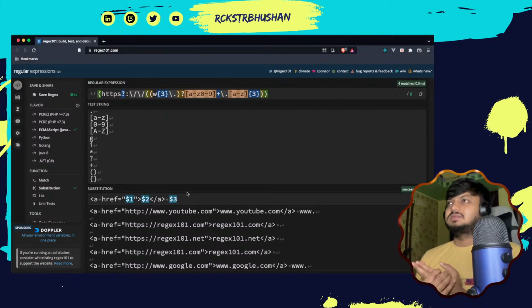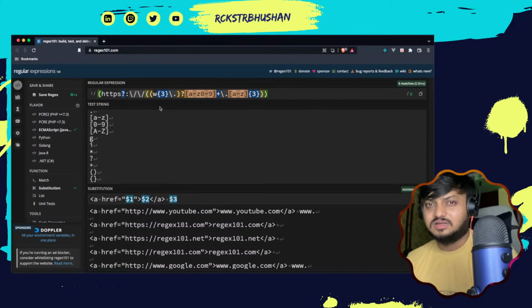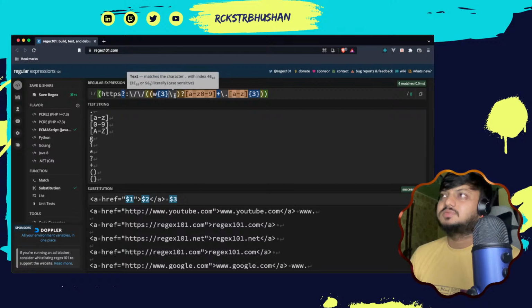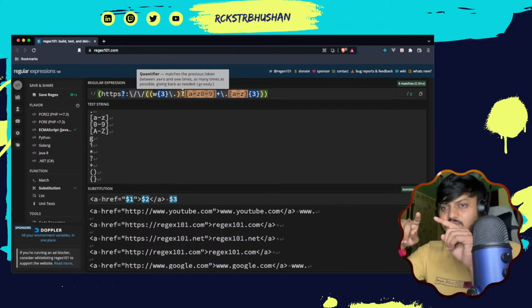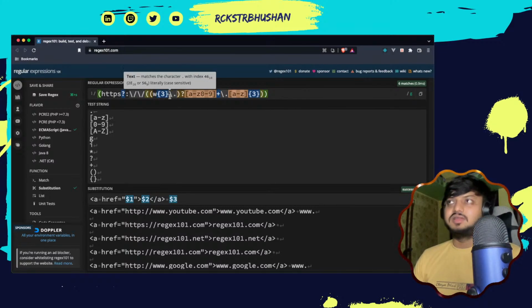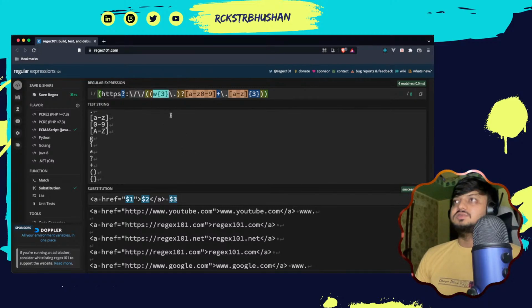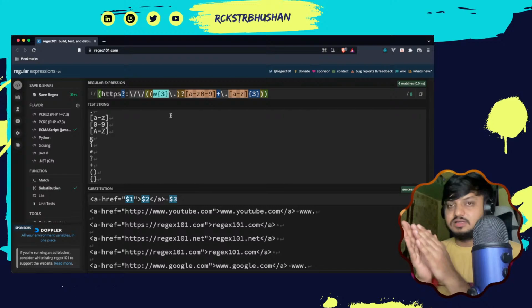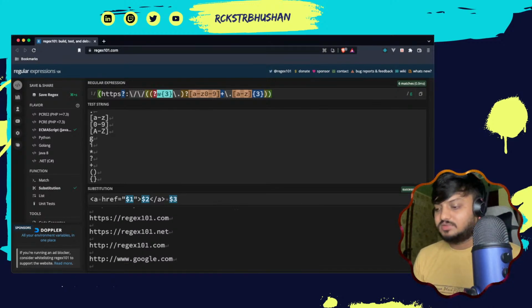Most of the times, or in many cases, you might have a situation where, because this is www dot, you don't want to capture it. It's not helpful, it's not needed, but just to make everything optional, we are using these angular brackets. That's why we are grouping it, nothing else, right? So in that case, what you can do is, in front of that angular bracket, you can just put a question mark